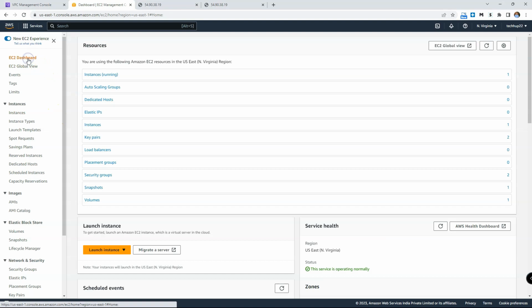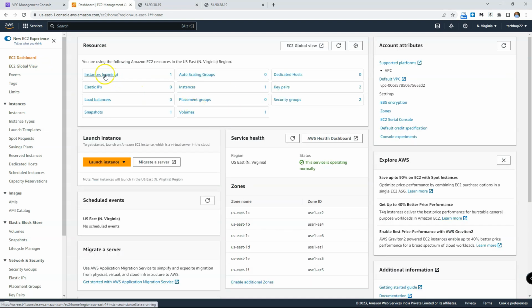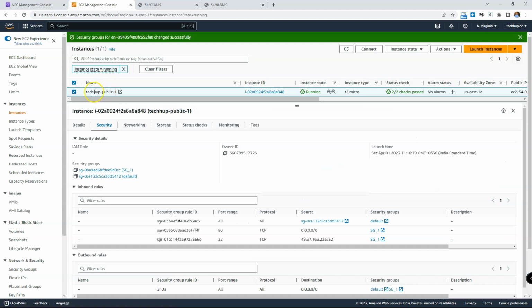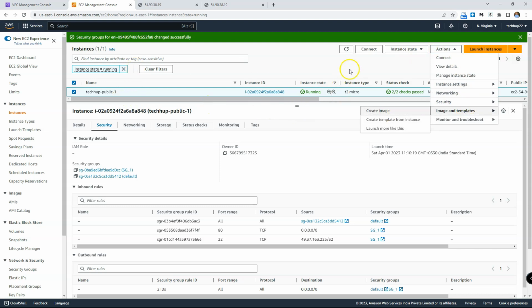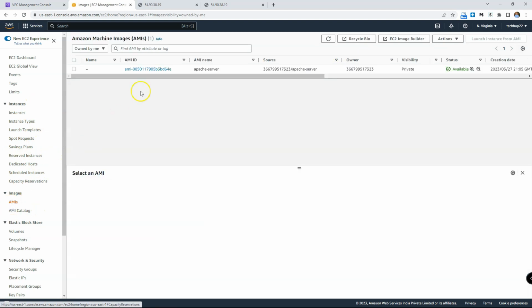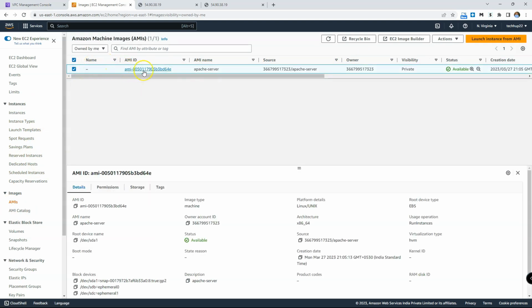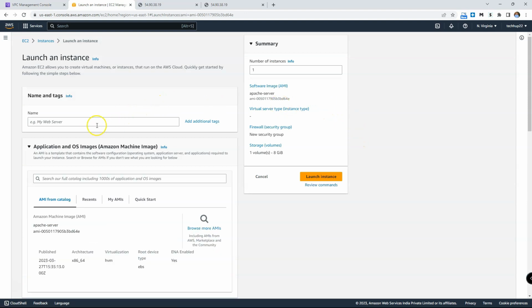So let's go back to EC2 dashboard, and here what I have done is that I have already created an image from this EC2 instance, because I have already deployed an HTTP server and I've already deployed a web page there. So I just want to copy the same settings and I don't want to again do that action for the two instances. So what I did is that I went in and I created an image from this EC2 instance, and that image is available to me under my AMI. So I will be using this image to create two more instances. So I'll say launch instance from AMI and I will call it